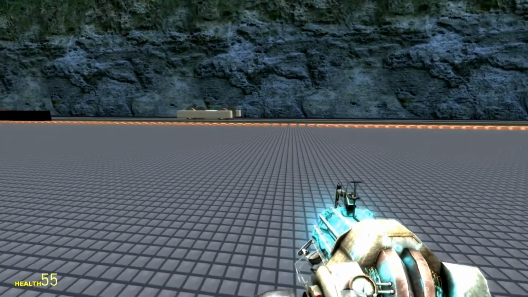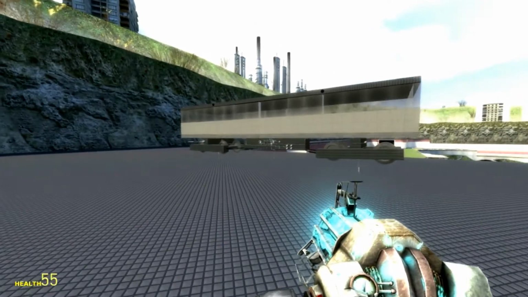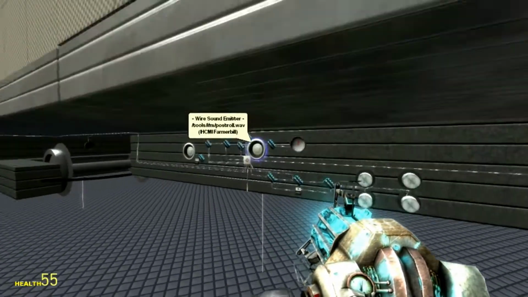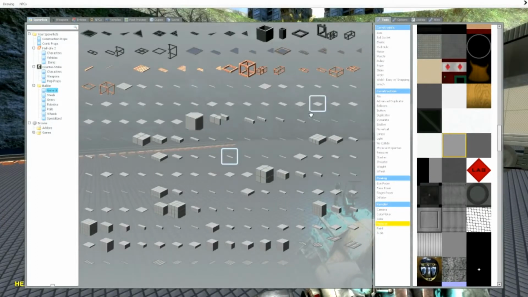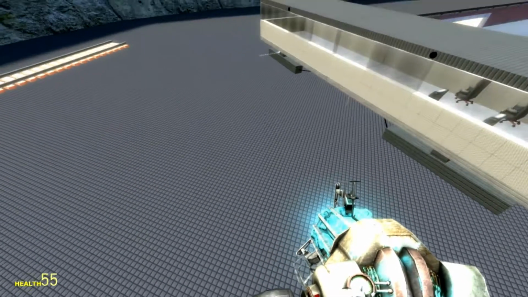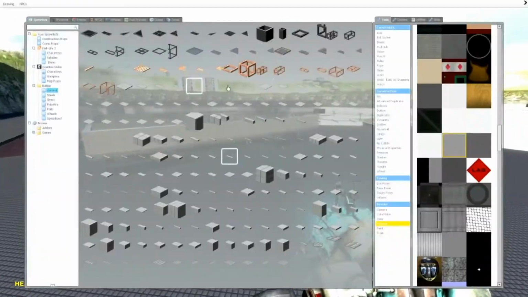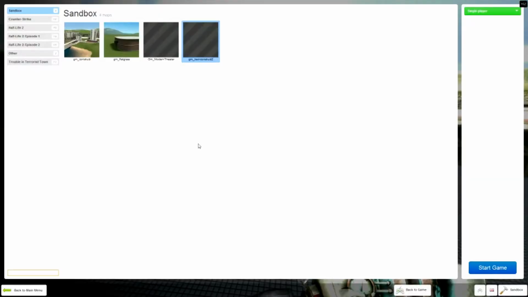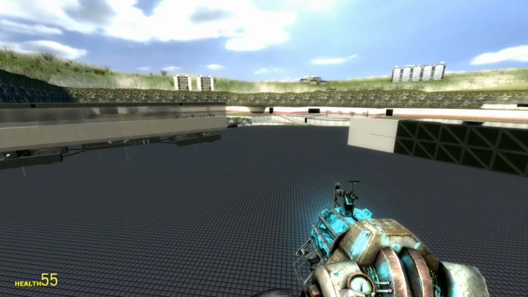Okay, hey guys, so today I've decided to try and do a tutorial on the automated train I did a while back. This is just after they've created the new interface and everything for Garry's Mod. What is this now? Do they call it Garry's Mod 13? I'm not sure. The beta was 13 or 12. I have no idea. But either way, this is the new Garry's Mod, which messed up quite a few things,